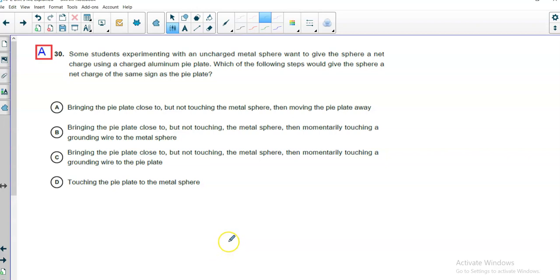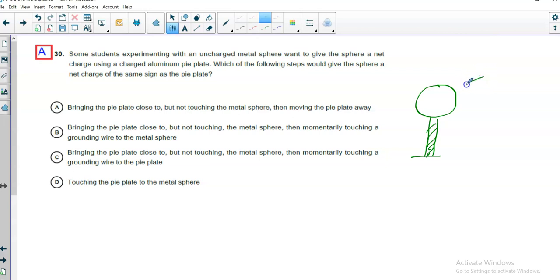Want to give the sphere a net charge using a charged aluminum pie plate. Well, that's awfully specific. Anyway. Which of the following steps would give the sphere a net charge the same sign as the pie plate? If you want the same sign, in my thought, you're going to have to touch the two. So if you take the metal sphere and you insulate it from everything, so you put it on some kind of a plastic rod,